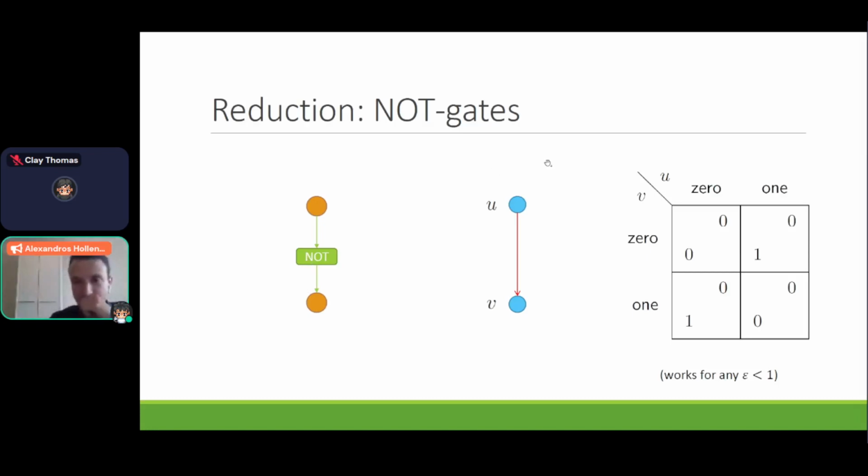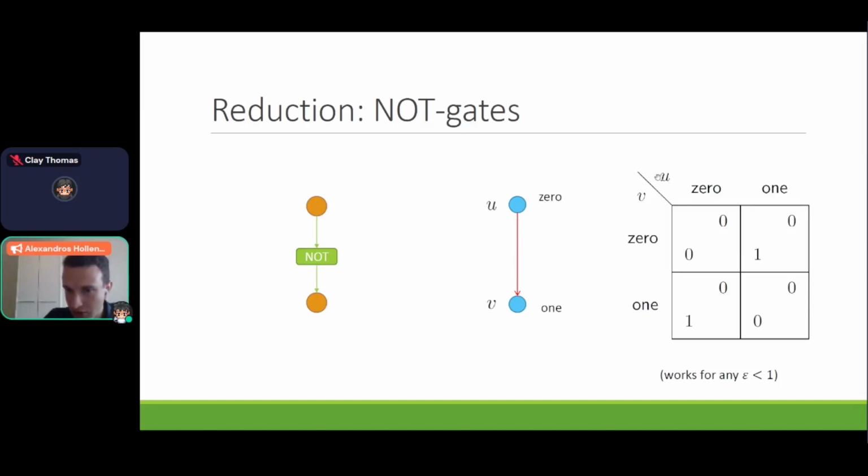What does that mean? Well, it means that if the top player, who corresponds to the input node, plays 0, then I want the output player to be incentivized to play 1 at an epsilon well-supported Nash equilibrium. And if you look at this table that represents the payoffs, this is the game that we construct at this edge.